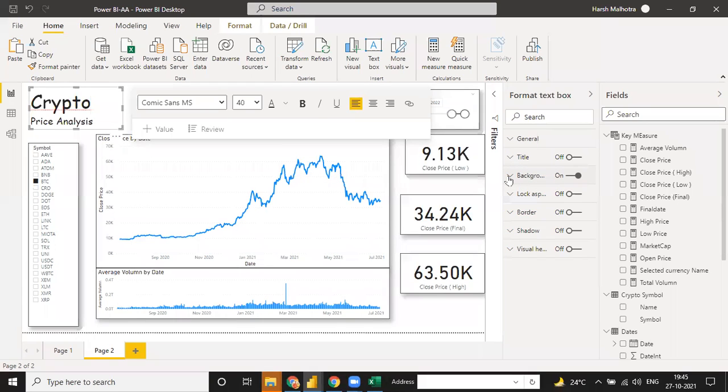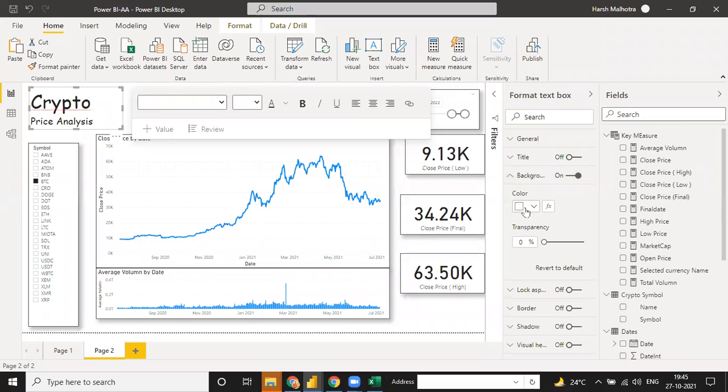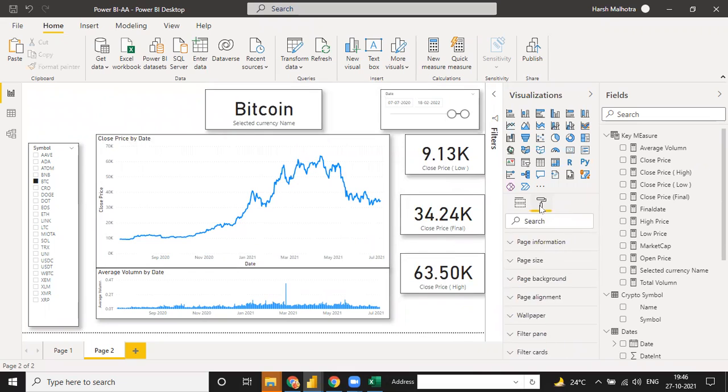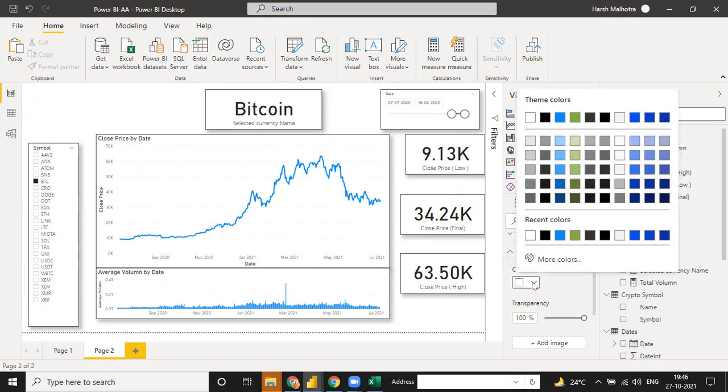There is an option here, like background changes, if you want. Right now I'm using my white background. Change this way, copy and select this one, and now it is hiding. And now you can go to your page, and all your page formatting will be here, guys. So you have the page information. Right now I'm changing my page background. Click on this, any dark color.